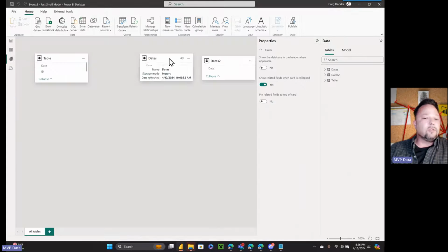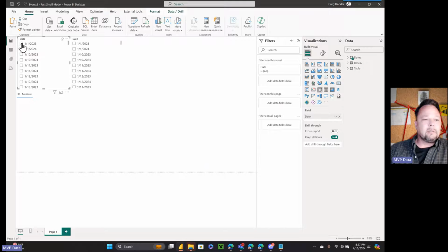So let's just remove the relationships, and I have my date tables here. Now I can select 1/1/2023 and 1/1/2024. I can select any date in 2024, and as you can see, it brings back 999 and 1000. And this is a complex selector, which I covered a couple videos ago in solving problems on the forum.